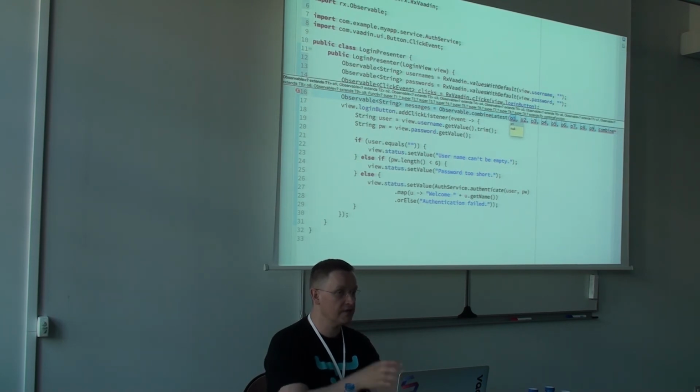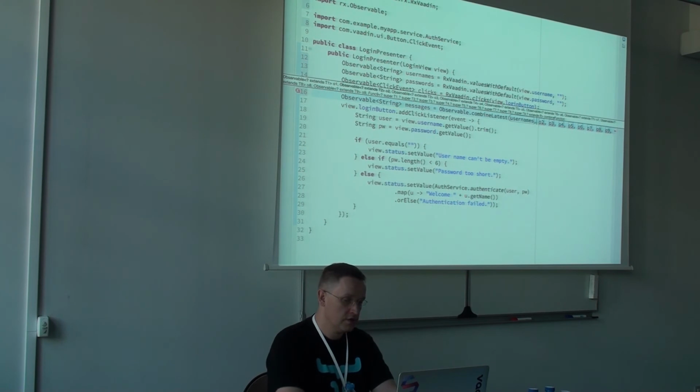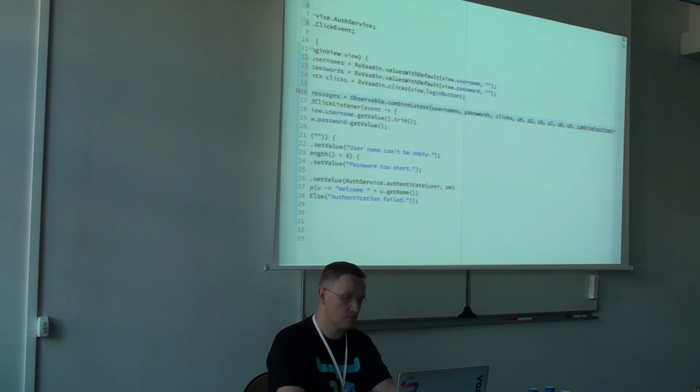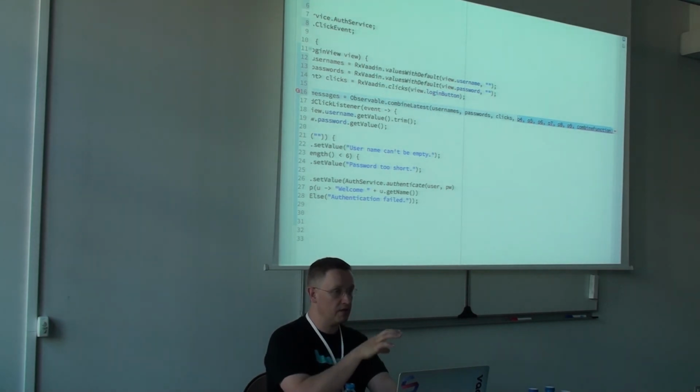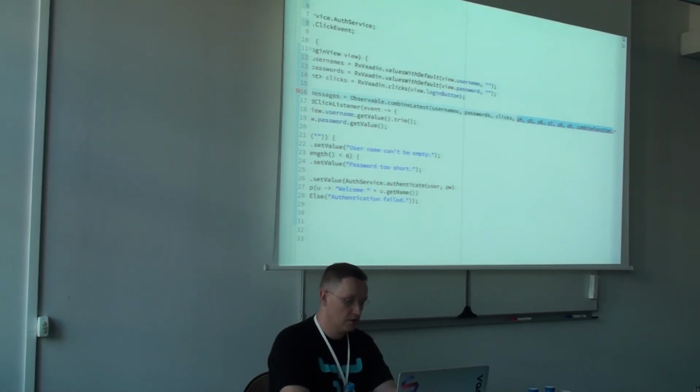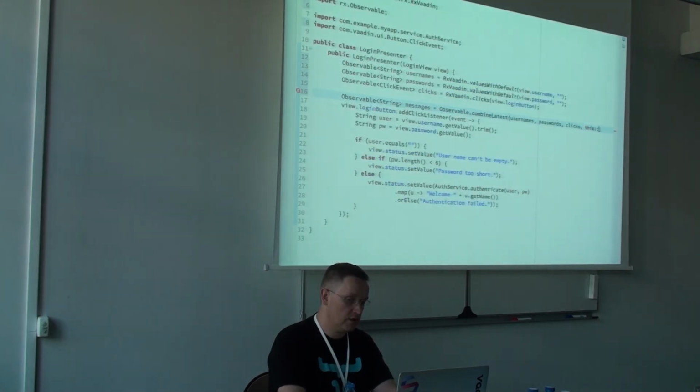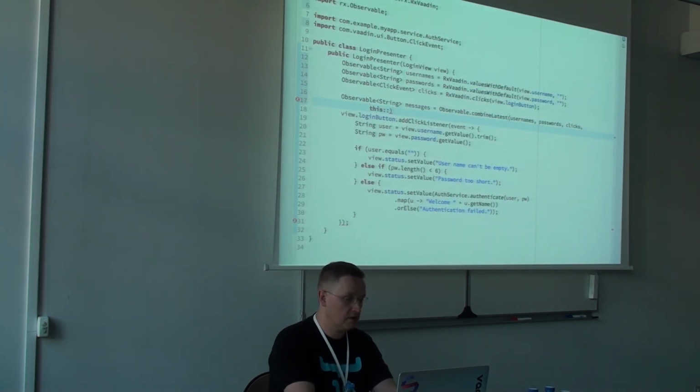So basically you can give it several different observables and it will combine the latest values of all of them when some of those change. So usernames, passwords, clicks, and the last parameter here is a function that will actually take those triplets and combine them into a string. So we don't actually have that right now,